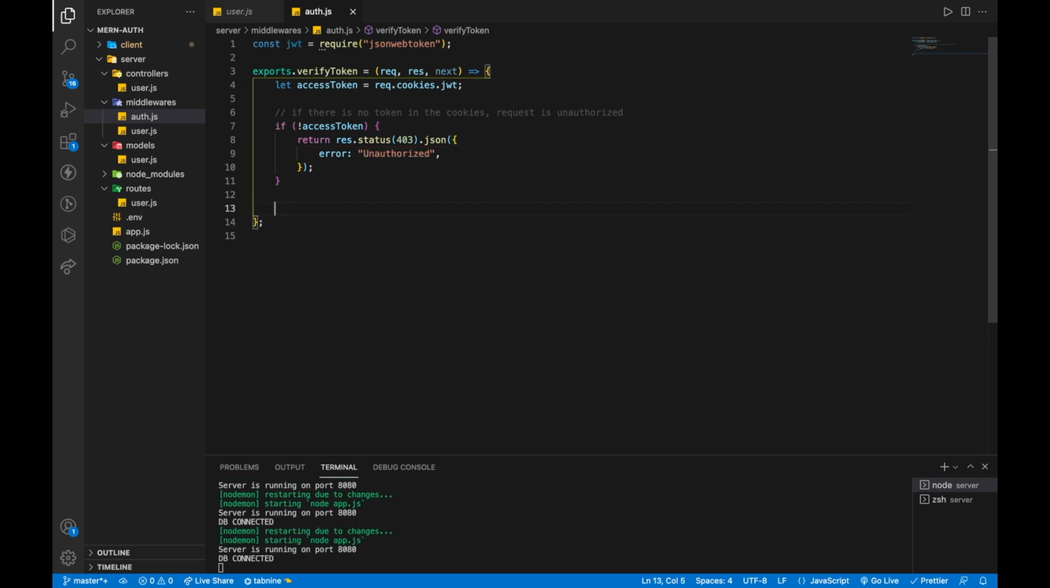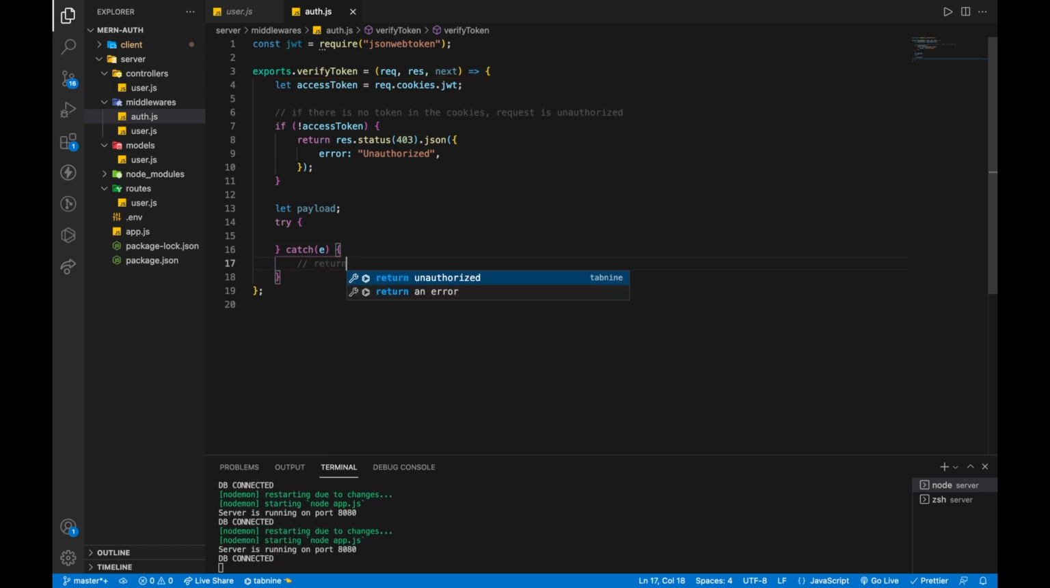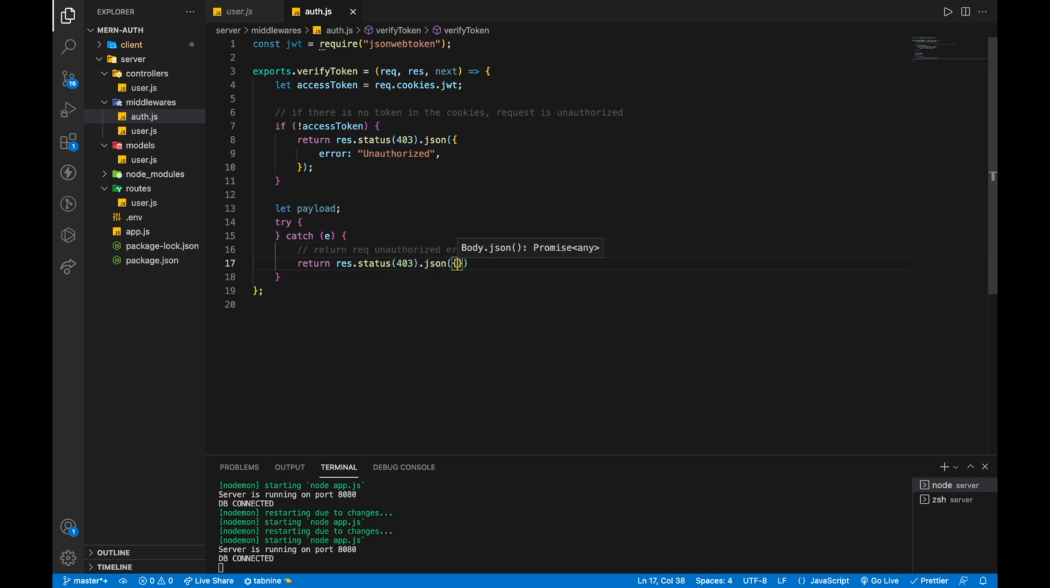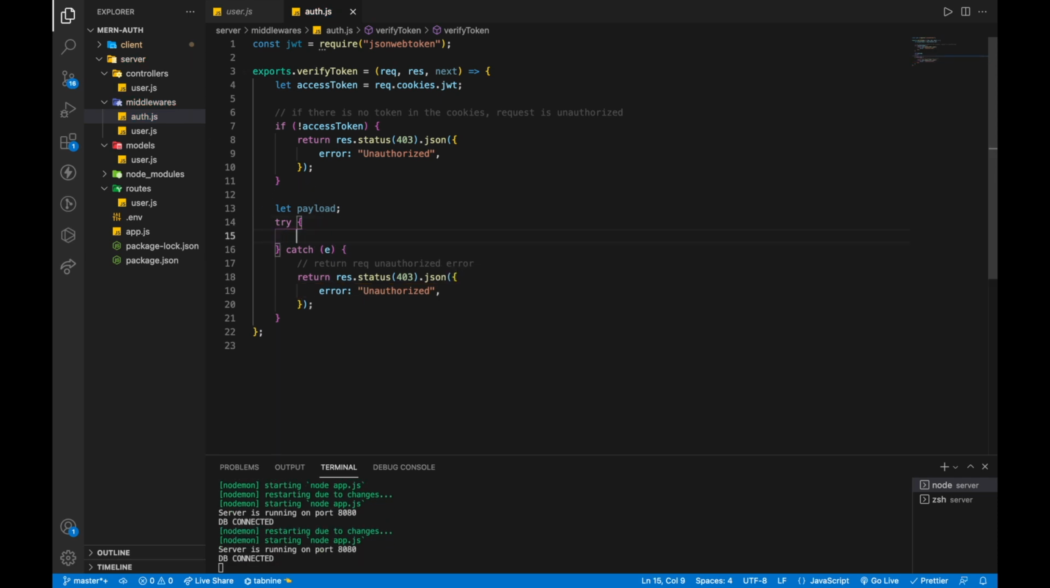Alright, let's do payload, define a variable, go inside of try catch. For the catch part, we'll again do the same thing, return the unauthorized error. Return response.status 403.json unauthorized. Alright, so inside of try now, when it's not unauthorized, we verify the token using